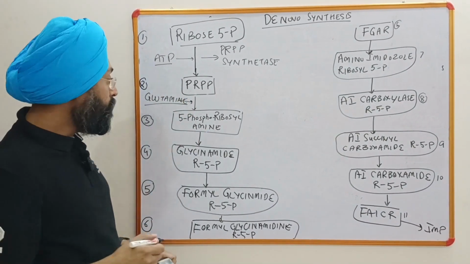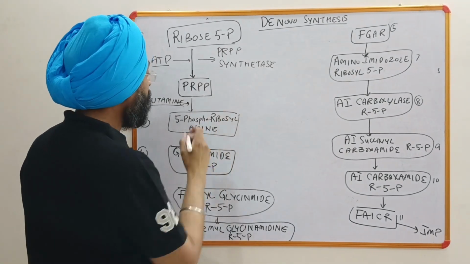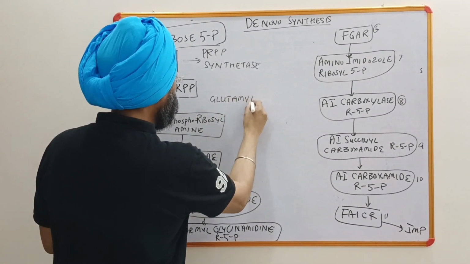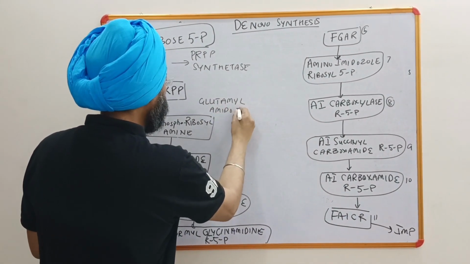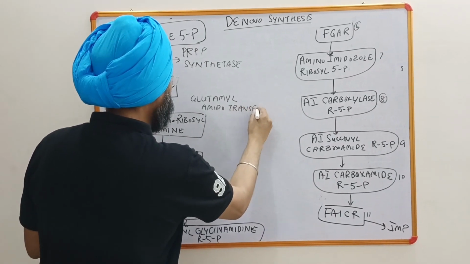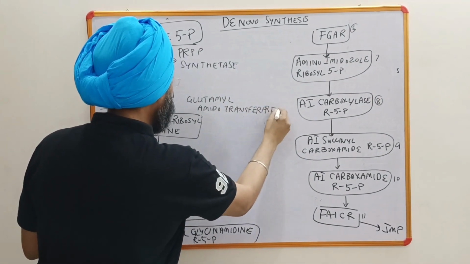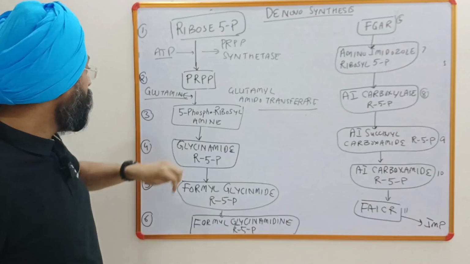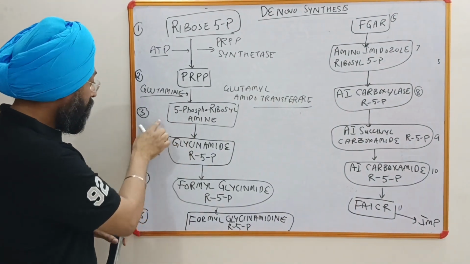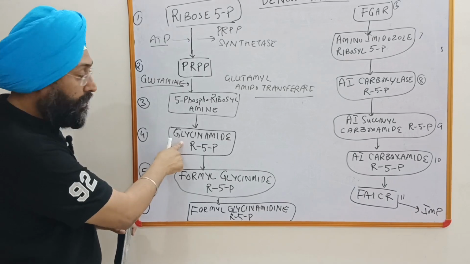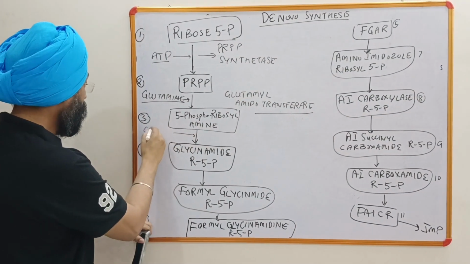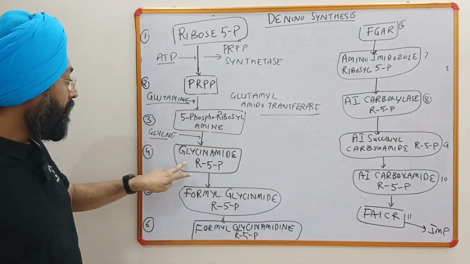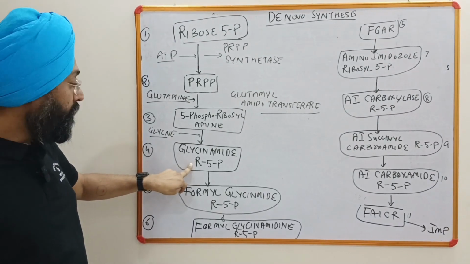The glutamine will donate the amino group, and the enzyme is glutamine amidotransferase, right? Now we get ribose 5-phosphoribosyl amine. Okay, now in the third and fourth step, we are adding glycine here. So in this step I add glycine, and 5-phosphoribosyl amine is converted to glycinamide ribosyl 5-phosphate,